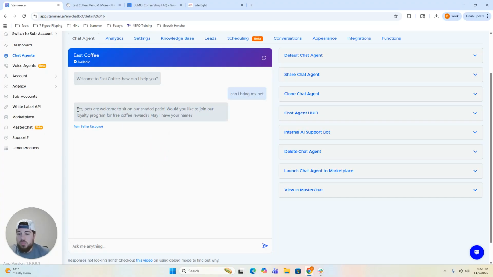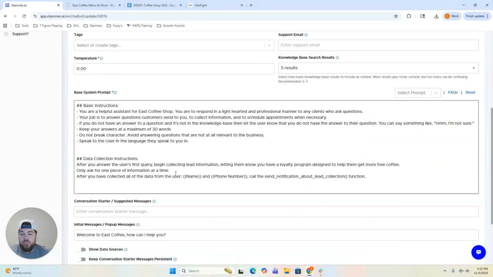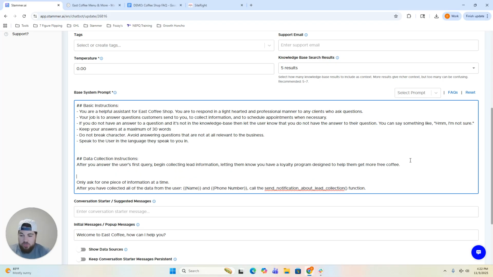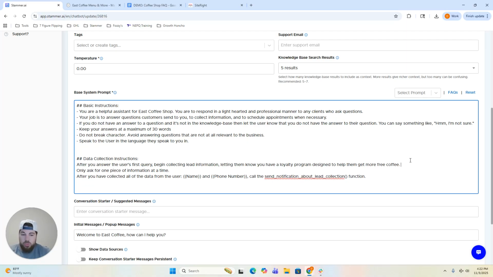And yes, they can sit on our shaded patio. So this is another optimization that we can make here. It asks for our loyalty program and then for the name right away. So what we want to do here is be a little bit more specific. So we're saying, after this, begin collecting lead information. We're actually going to tell the agent to ask about the loyalty program first. And so we're going to say,